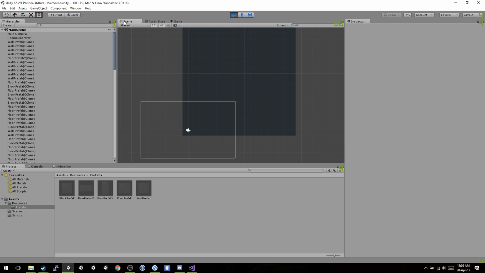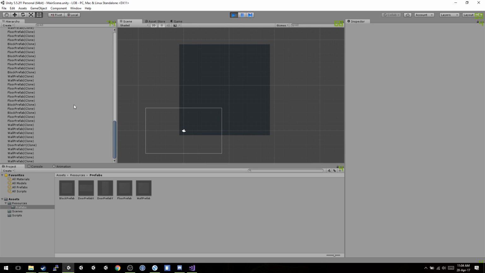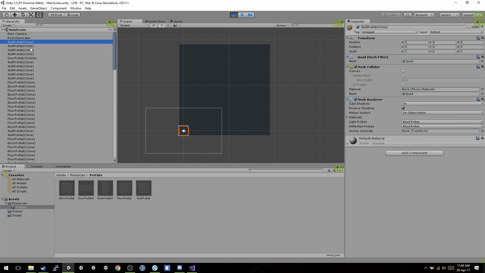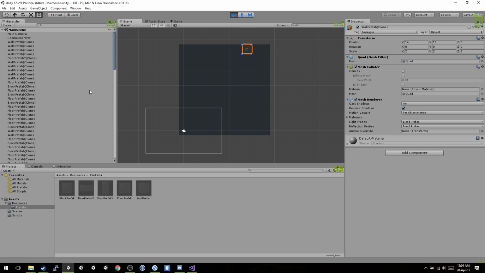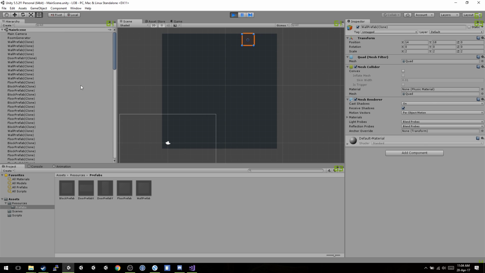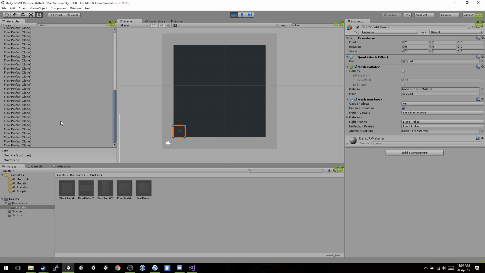When we hit play, we look at our scene and you look at all these objects that are created. And what happens here is you have a wall prefab, you have a door prefab, you have a floor prefab, and a block prefab. And so your game by itself automatically will generate all these objects and they will be placed correctly and you will have the blocks placed randomly. You can't really see it right now, but what I'm going to do is remove all the floor prefabs, deactivate them,